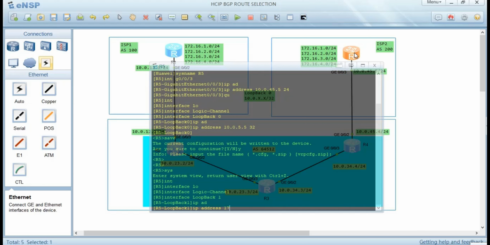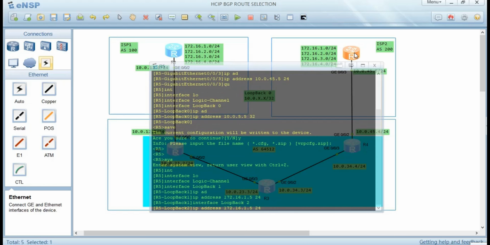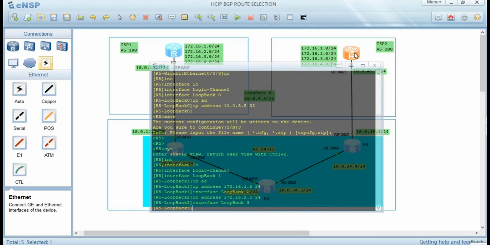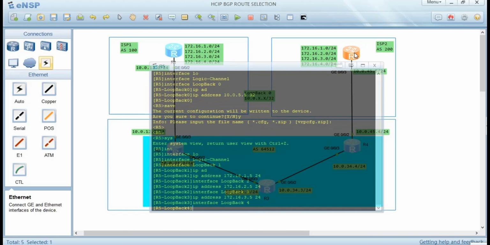IP address is 172.16.1.5/24. This is router number 5. And loopback 2 will be 172.16.2.5. Loopback 3 will be 172.16.3.5, and loopback 4 will be